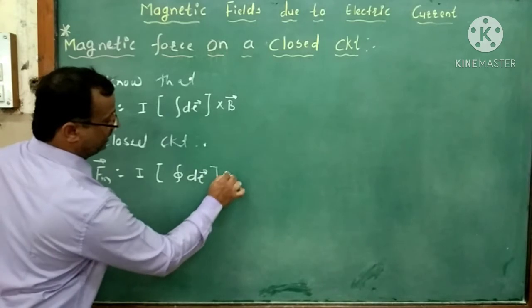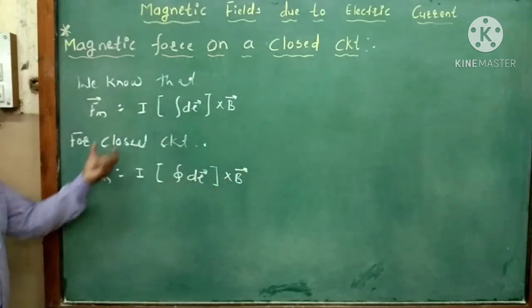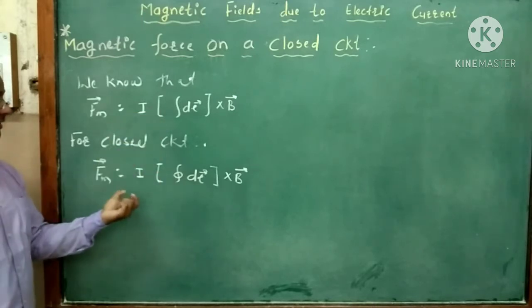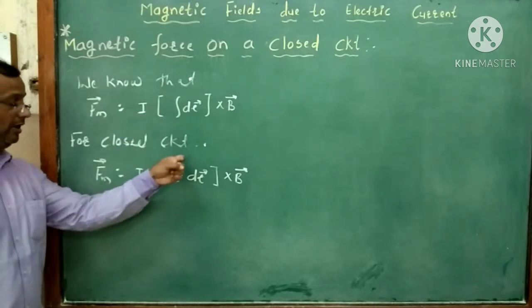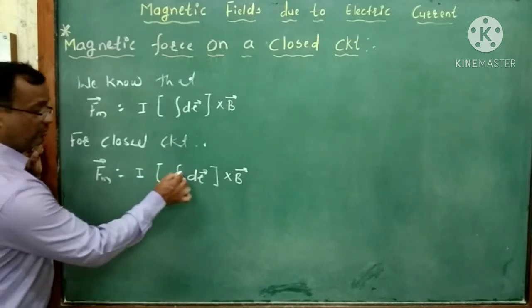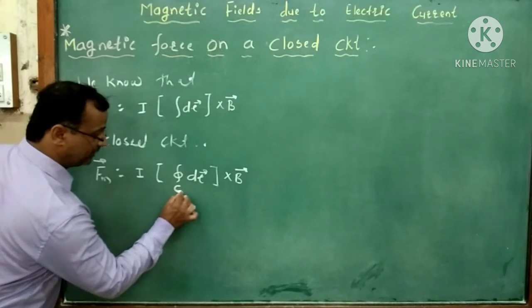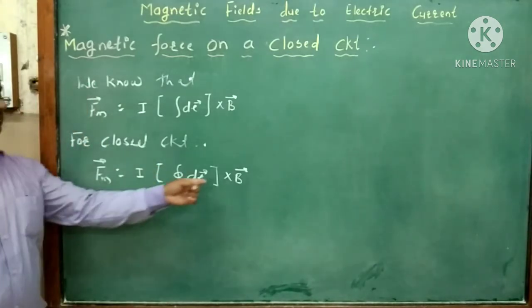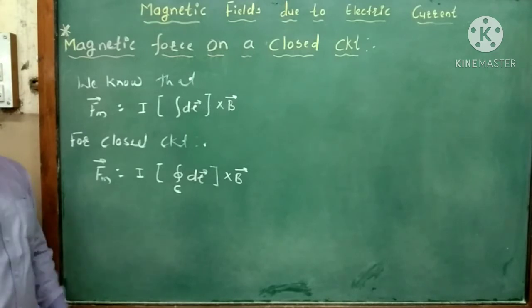This one is as it is, so this will be the vector B. For the closed circuit, we write here Fm, which is equal to I into the integration for the closed loop or closed circuit, dl cross B. Again here